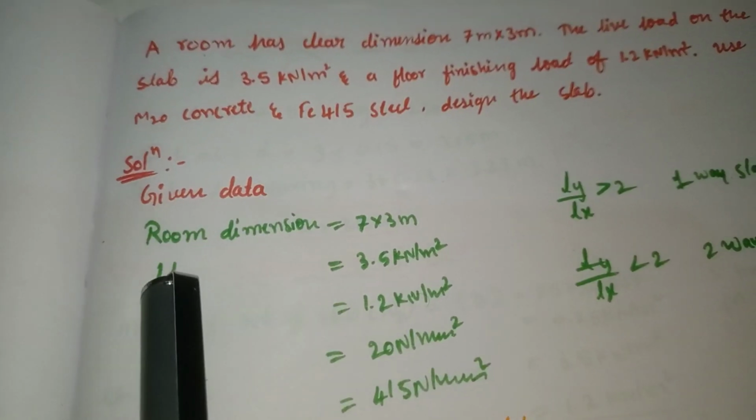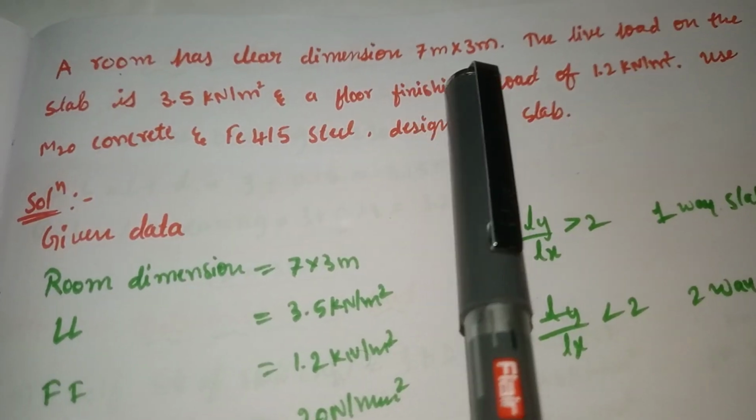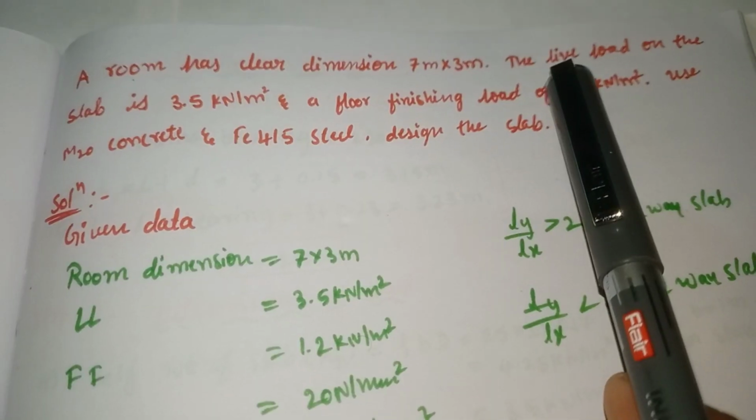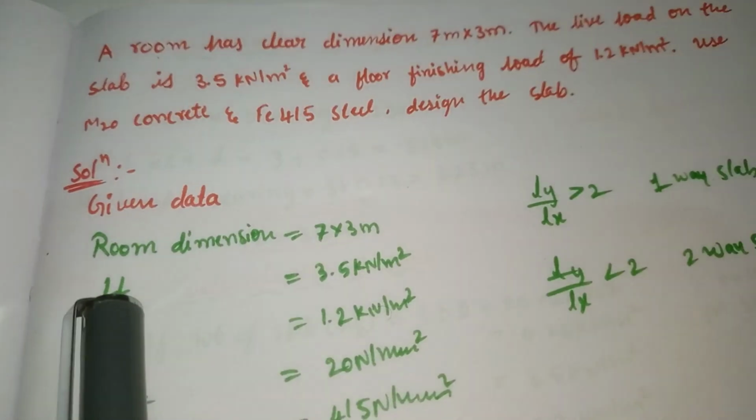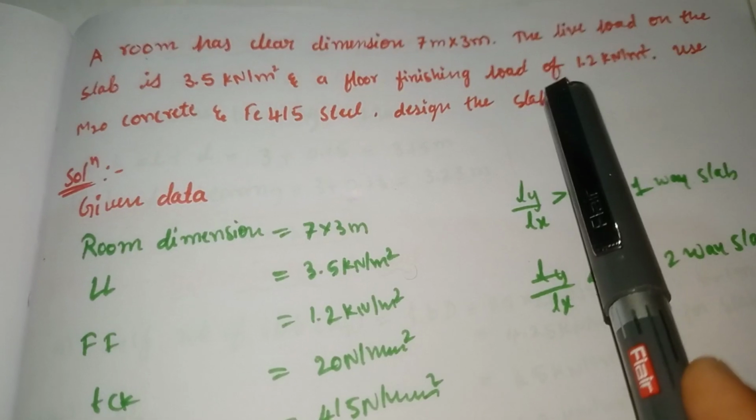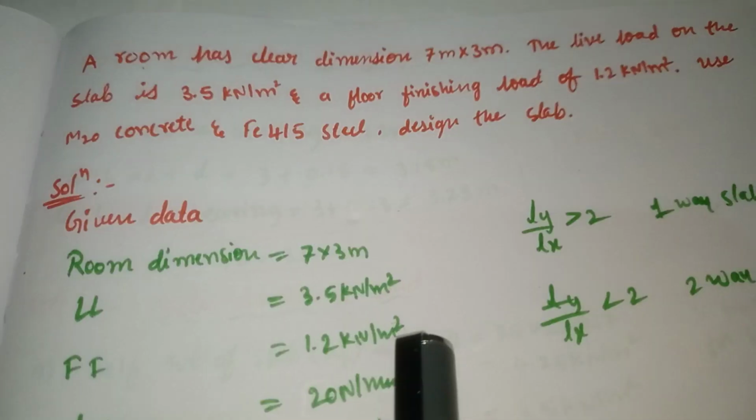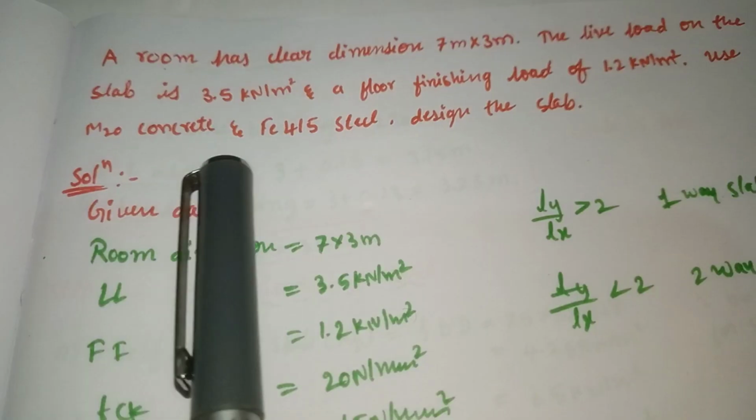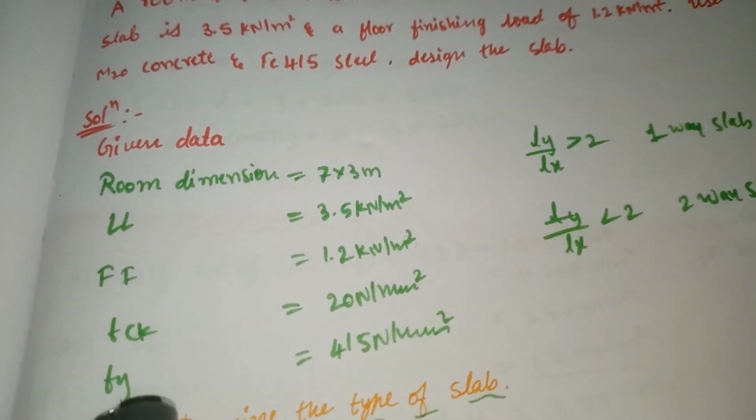So the given data are here. They have given clear room dimension, that is 7 meter into 3 meter. And they gave live load of slab, that is 3.5 kilonewton per meter square. And they gave floor finishing, that's 1.2 kilonewton per meter square. And M20 concrete and Fe415. M20 concrete is nothing but fck 20 Newton per mm square and fy is 415